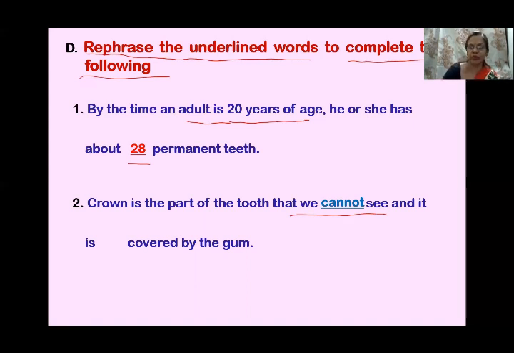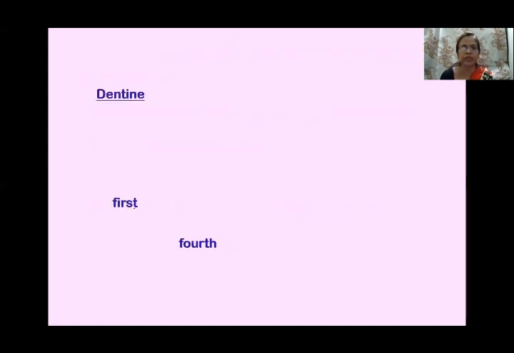So you have to do the correction this way. Crown is the part of the tooth that we can see, and it is not covered by the gum. So the right answer will be, crown is the part of the tooth that we can see and it is not covered by the gum. Okay. So the crown is a visible part of the tooth. Now the next question is,